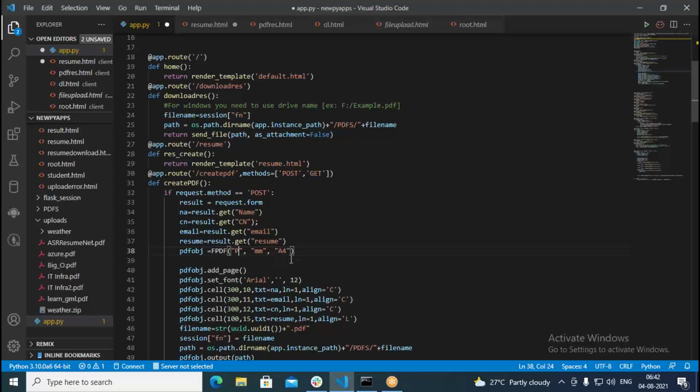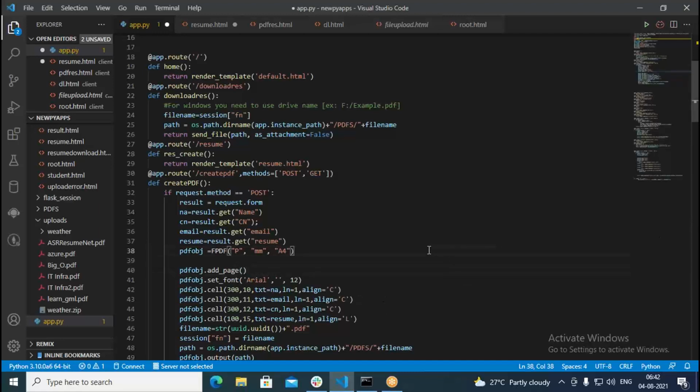This is then followed by A4. A4 size PDF file I am creating here. So this is going to be in millimeters. A4 is nothing but A4 size PDF file I am trying to create here. Then after that, I go with the PDF object dot add page. A new page is getting created in the PDF file.